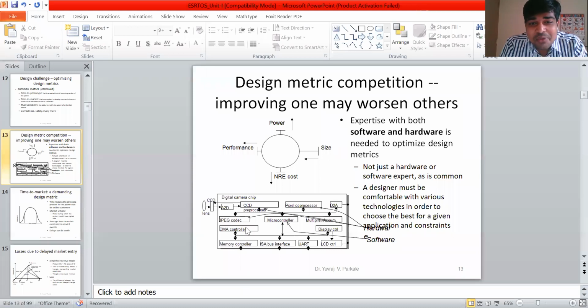Now next is codec. What do you mean by codec? Yes, Masale also has given the correct answer. Just hurry up.